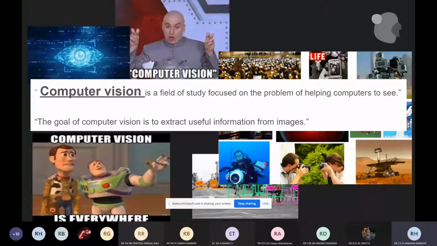Well, what is it? It's a field of study focused on the problem of helping computers see, and the main goal of computer vision is to extract useful information from images. From the next slide onwards, we'll see some popular applications of computer vision.